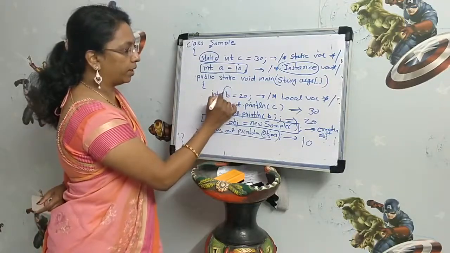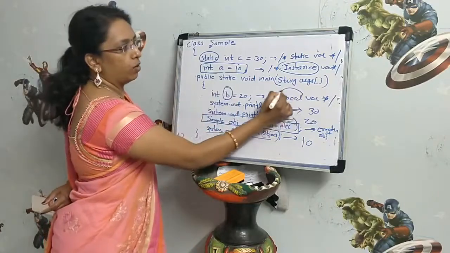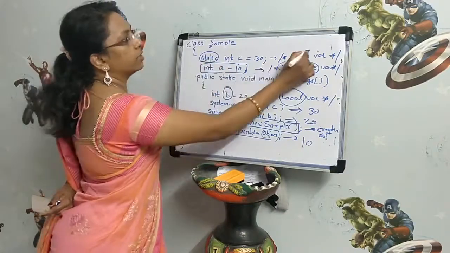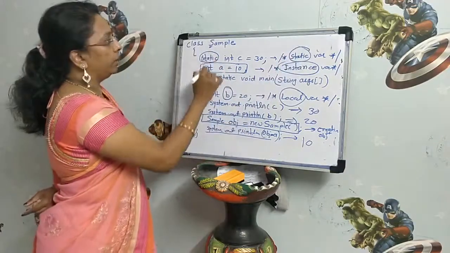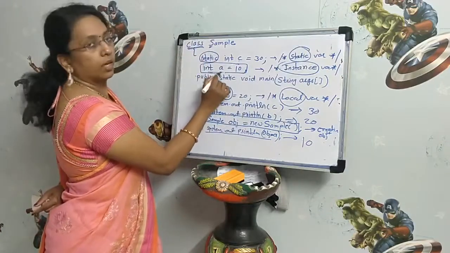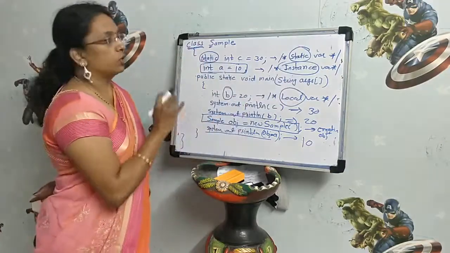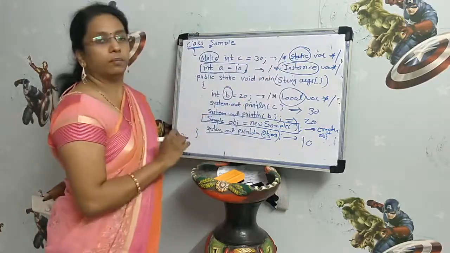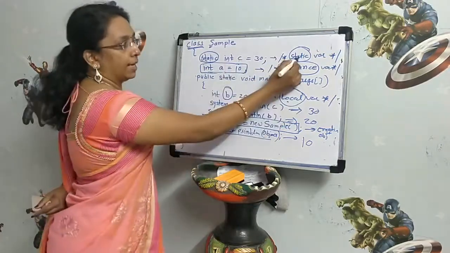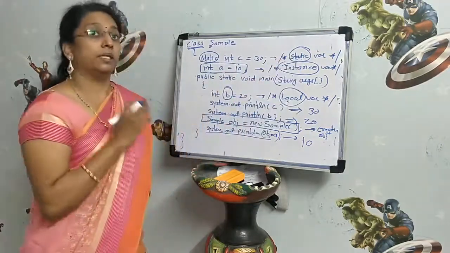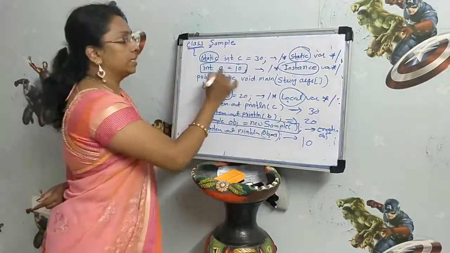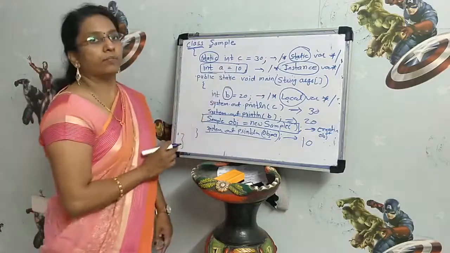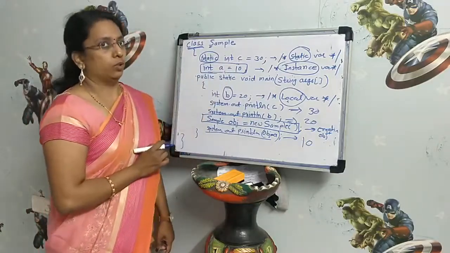Whatever variable we have declared within the block is called a local variable. Variables defined with the static keyword are called static variables. And variables defined within the class are called instance variables. So hope it's clear what exactly a static variable, instance variable and local variable are. We can access static variables and local variables directly. But to access the instance variable, first we must create the object, and through the object we can access the instance variable. So hope it's clear.